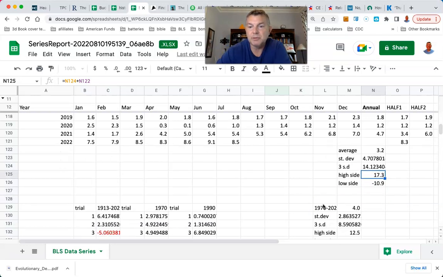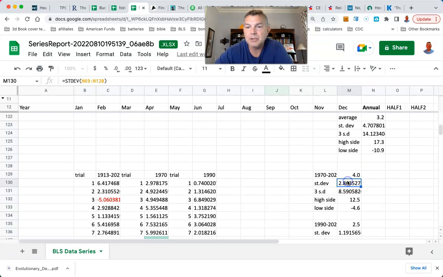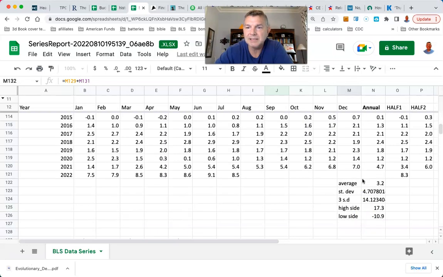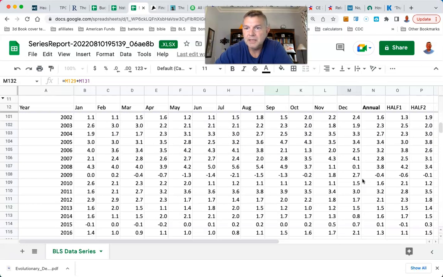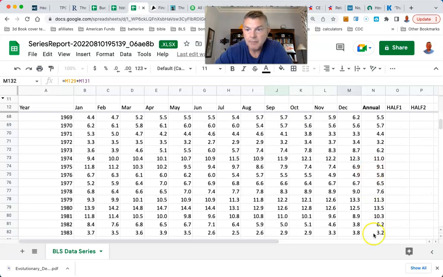So I said, well, what if we just look over my life? In my life, the average rate of inflation was 4%. So it's higher than the average from 1914 on. But our standard deviation dropped from 4.7 to 2.8. So the standard deviation was less, which means the high side was less on the high inflation, and there was really no deflation other than in 2008 or 9. I forgot what year. But anyway, on the low side, we never came close. On the high side, I think we beat it, though. If we go to annual, I think in 1974, we beat 11 right there.